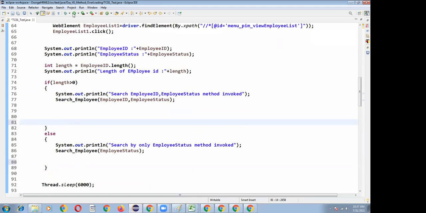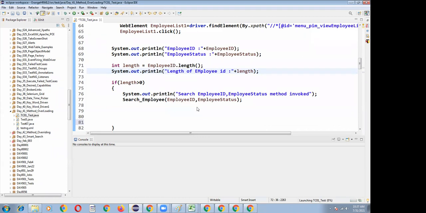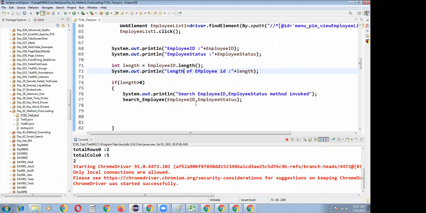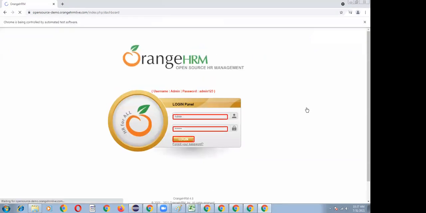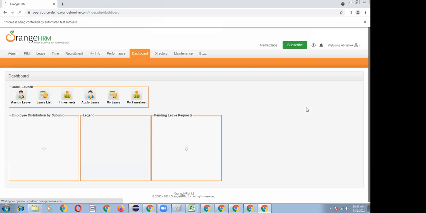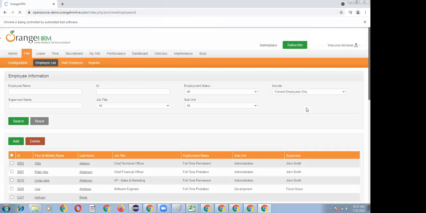Let me run my program. All the set of driver instructions is going to be executed. So login. After that, it will go to PIM and the employees list.